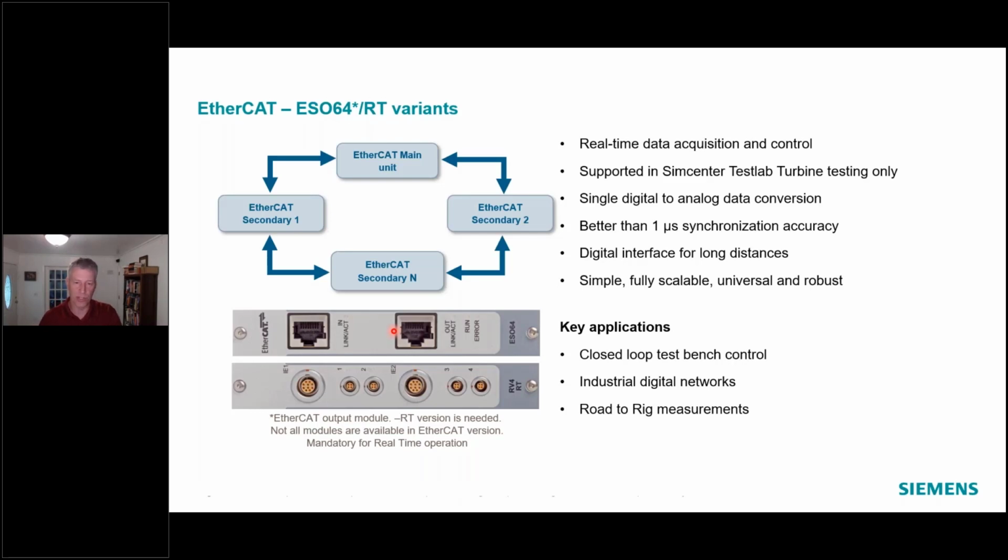Once that's programmed and turned on, it just broadcasts in this EtherCAT fashion the signal conditioned values coming into the measurement channels themselves. One other caveat though is that not all of the input cards support this real-time, quote-unquote real-time scenario. They have to have the RT at the end. So in this case, this RV4 TACO card, the RT means it's the real-time version that works for EtherCAT. If you have a VB83, a Victor Boy 83, the -RT version works for this EtherCAT scenario. It has to have the RT at the end of your input modules. So one small thing to keep in mind.